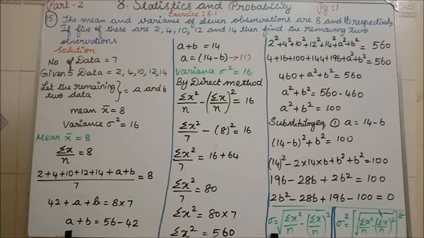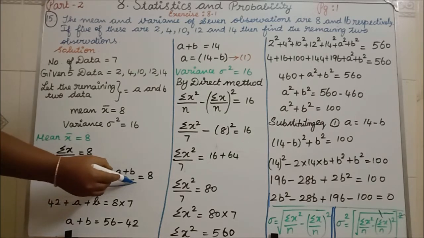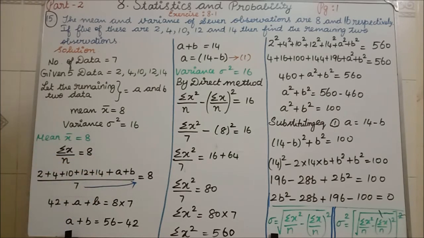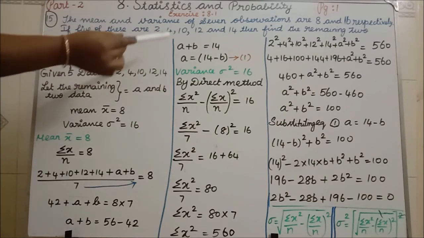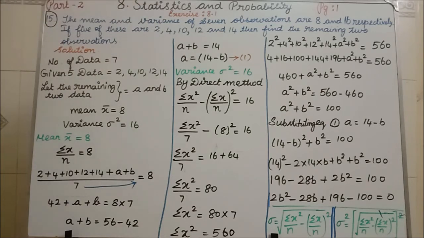Here up to this all of you. So if you add 2 plus 4 plus 10 plus 12 plus 14, we are getting 42. Clear? And I am taking the 7 to that side, I am doing the cross multiply. 7 into 8. Clear? So 42 plus a plus b is equal to 8 into 7. So a plus b is equal to 7 8s are 56. This 42 of course that side we are getting 14. We will keep one variable on one side so that it is easy for us to find that value. So a equal to 14, this b if go that side it becomes minus b. Mark that as equation 1.